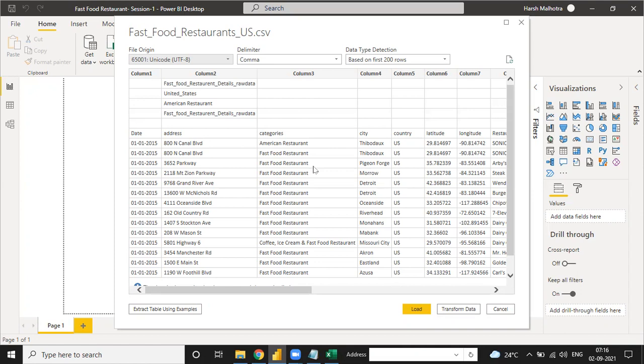Okay, and the third one is load. Load is used when your data is already in the cleanest form. Sometimes, suppose in Excel you have a data set and you don't need to do any transformation or editing, then you can directly load the data into Power BI, and it will take some time according to your data size. If your data is small, it will load quickly, otherwise it will take some 10 to 15 minutes to load the data. Okay, so now first